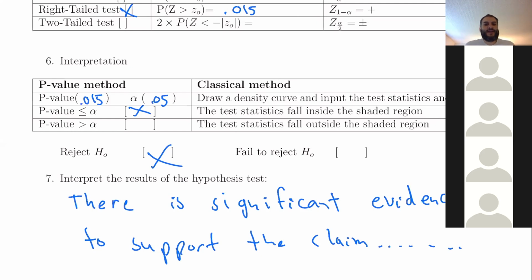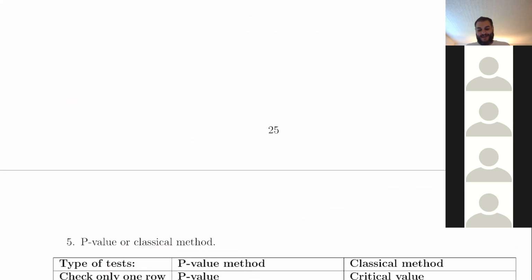So for this one, we'll put there is significant evidence to support the claim, whatever the claim was. So this is when we have statistical significance. We go through the whole process, and at the end, we reject the null hypothesis based off of the p-value or based off of the t-value. But the thing is, if we actually go back and look at it,